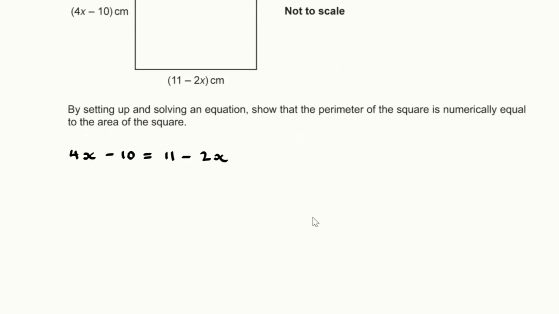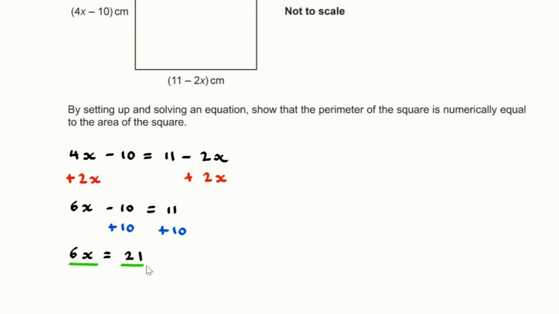Let's now attempt to solve this. If I add 2x to both sides, then we have 6x minus 10 equals 11, and if I now add 10 to both sides, you will find 6x to equal 21, and if I divide both sides by 6,